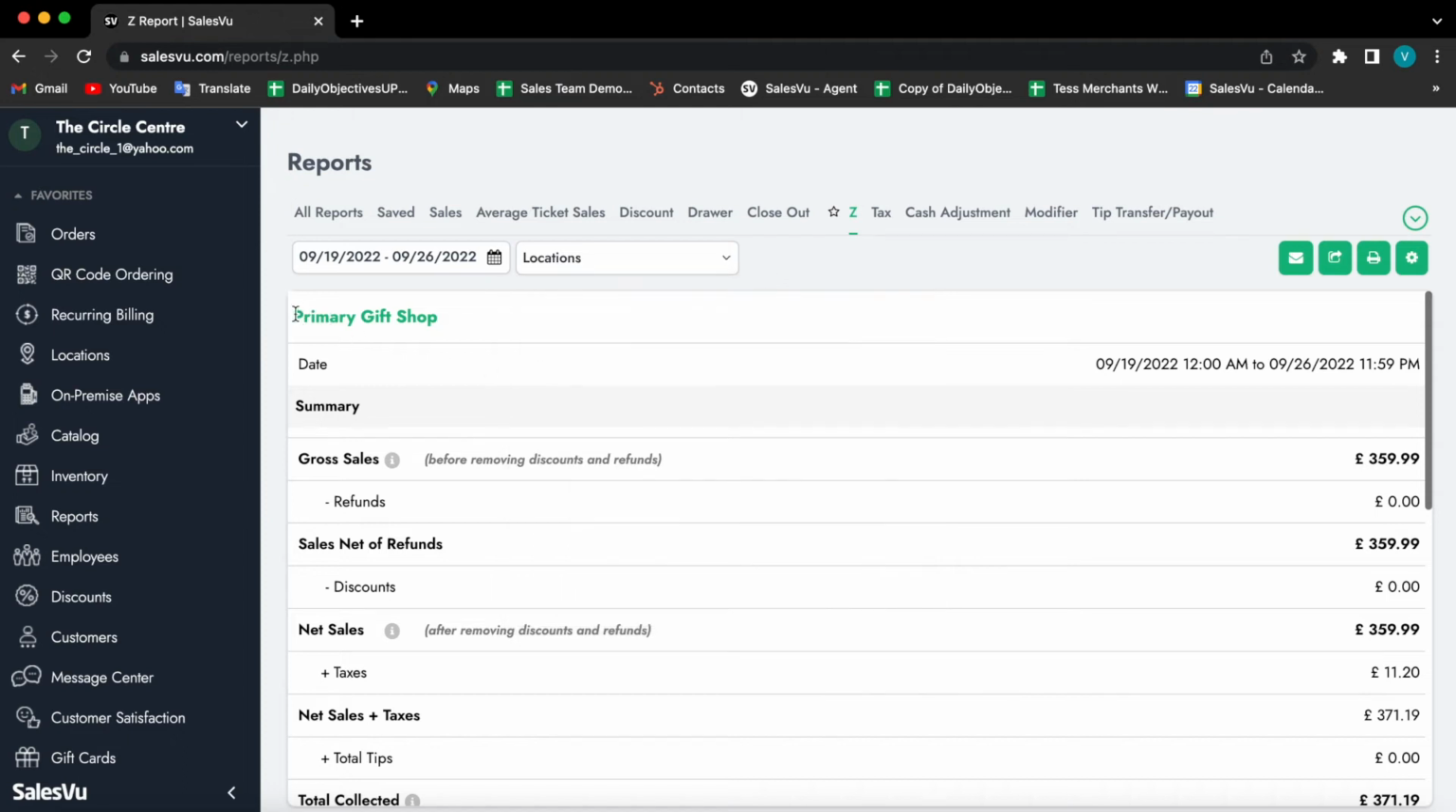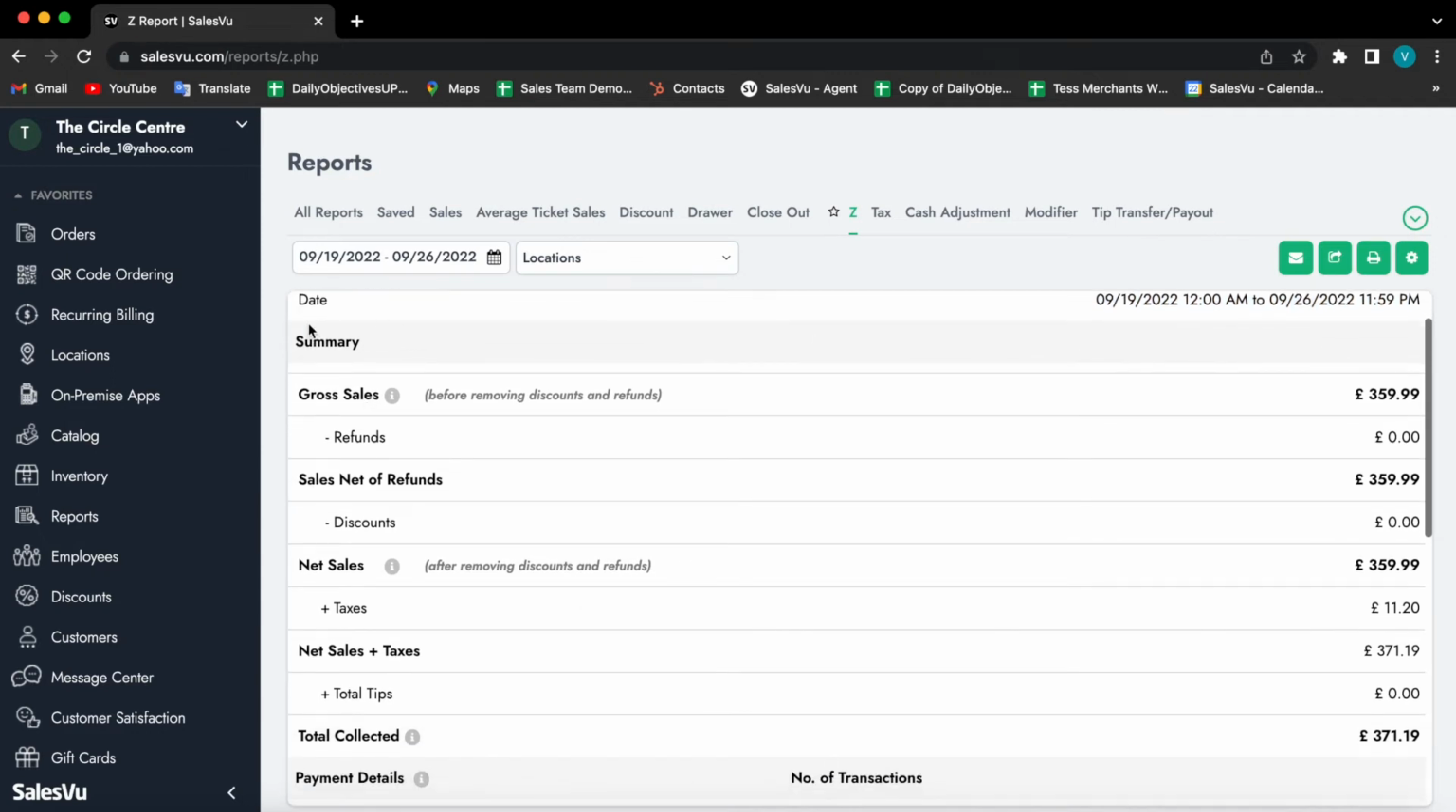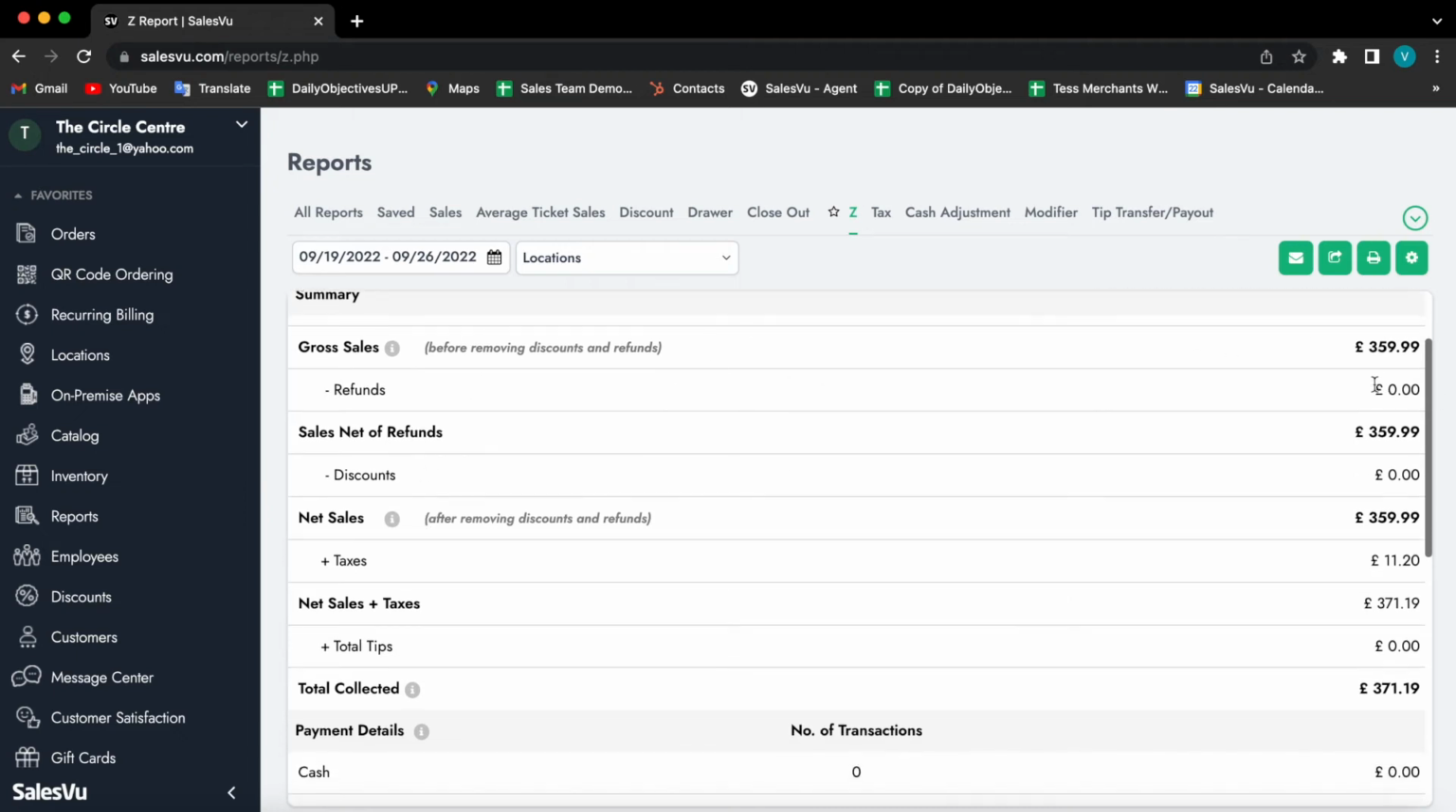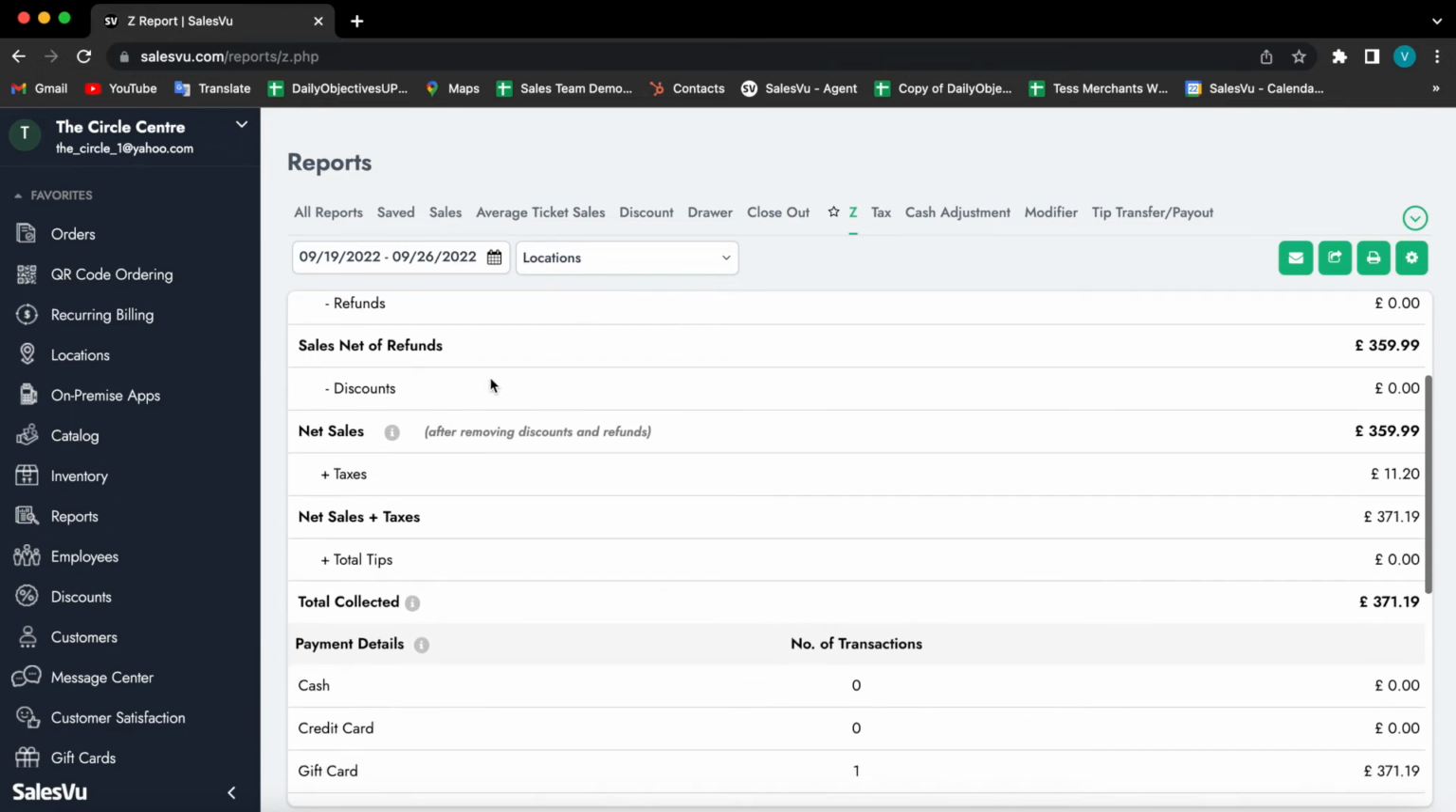So in this example, we're in the primary gift shop, and now it's showing us the date and the time. This is just giving us the summary of all of your sales. We have here the gross sales, the total amount, any refunds. If there was anything outstanding, it will show us here the total amount, the sales net of